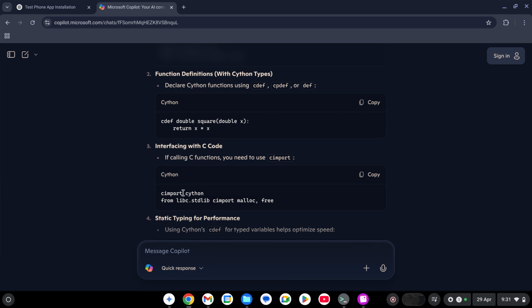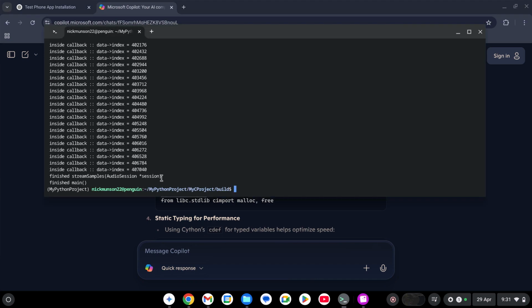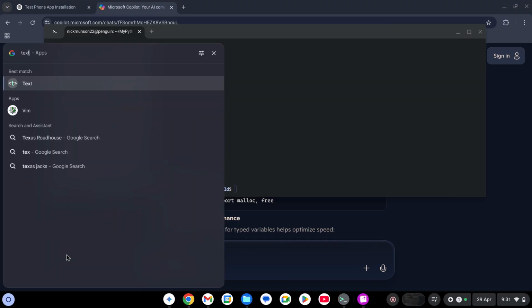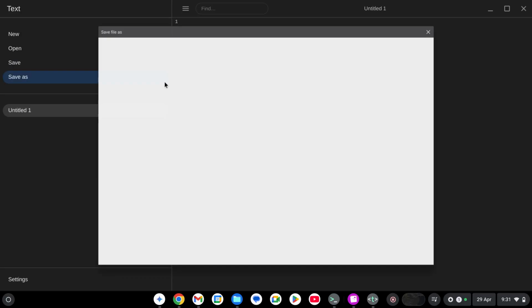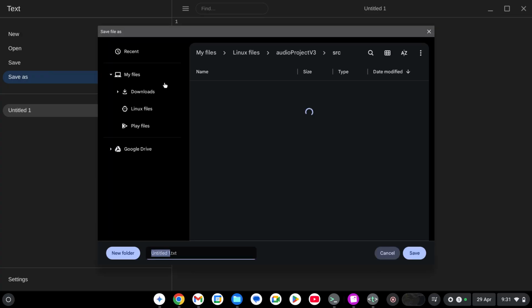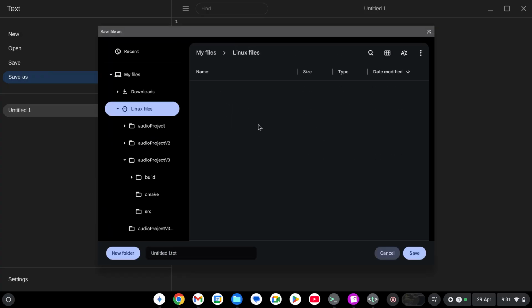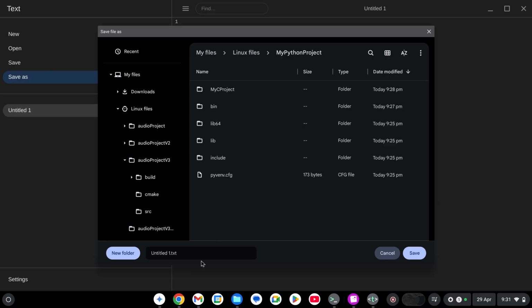So import Cython, cimport Cython. The first thing we should do is make a file for this. Let's make a text file. We're going to save it in the directory that we just created, so let's put it in my Python project. Let's do audio